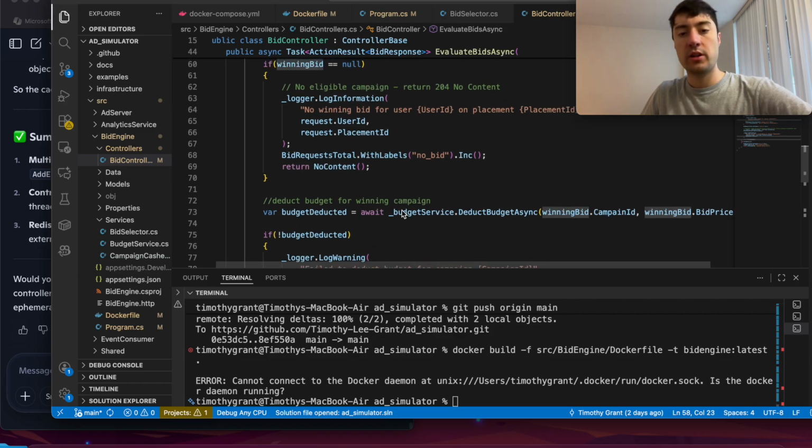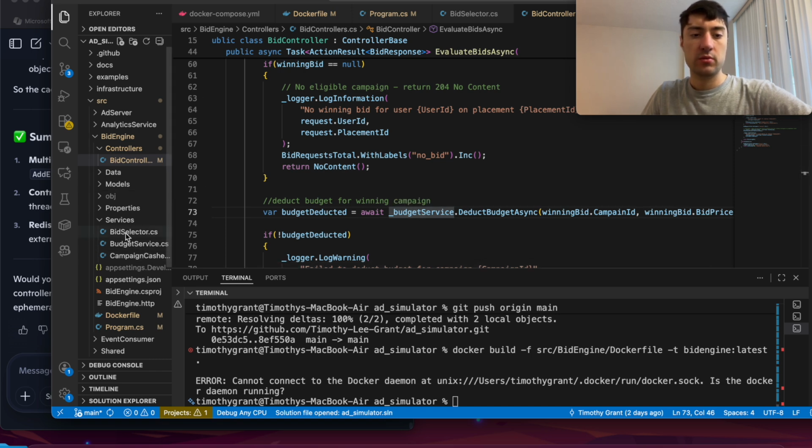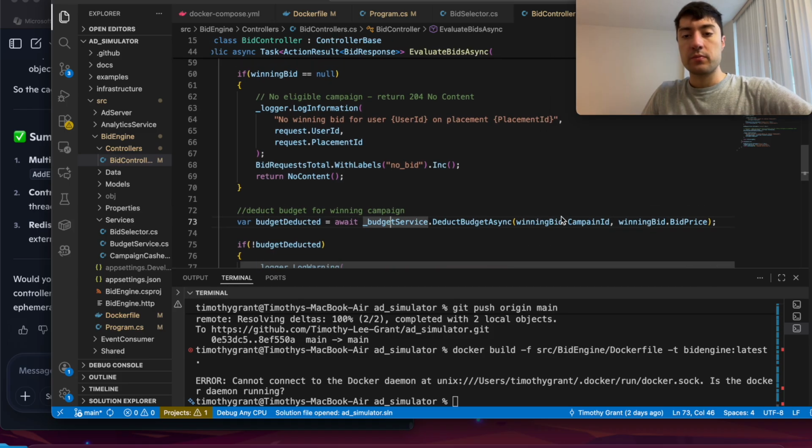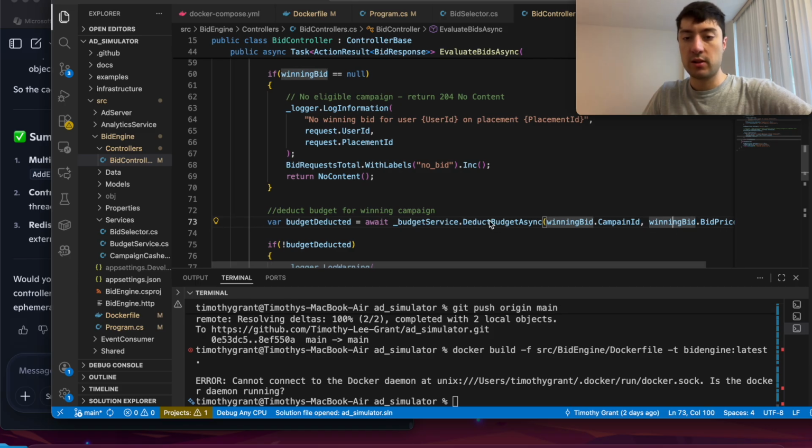Now, what we need to do, we have our ad that we are going to display to the user. We then go to the budget service, which is a different service. Bid selector service, budget service, and campaign cache, okay? Those are the 3 things that were injected, remember? And we are going to put in the campaign ID of the winning bid and the bid price for that winning bid, and we're going to deduct that from the budget. So now budget deducted,